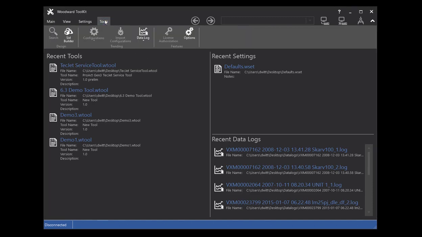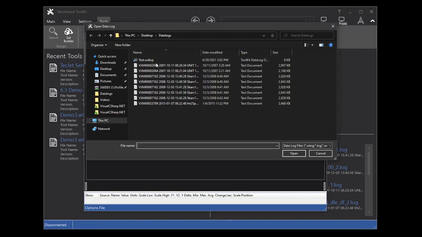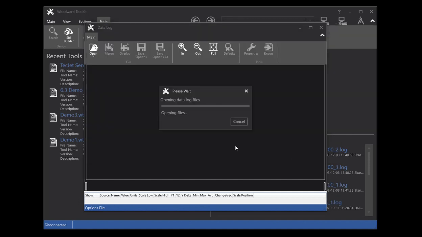I'll go to my Tools ribbon and I'll select the Open Data Log File ribbon menu item. Now, from here, I can select multiple data log files and they'll be merged by ToolKit when I open them. I'm going to go ahead and select a couple of these. Open it. ToolKit will open both the files, merge them together, and then present us with all the parameter names that are